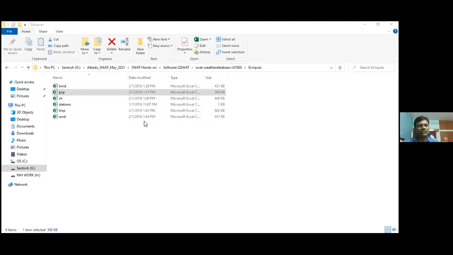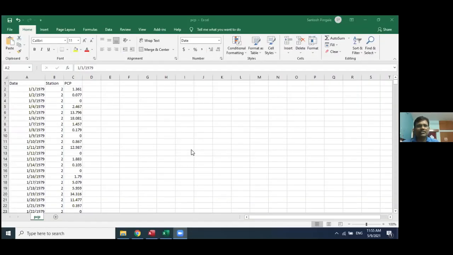Sir, instead of sharing the folder, can you please share your screen? Your Excel sheet is not visible. Can you please share the entire screen? There is an option to share screen so that whatever you are doing on the screen we can see. Okay, I think I have to stop this sharing, then it will come. Now this time please share the entire screen. Okay. Yes, yes, fine.